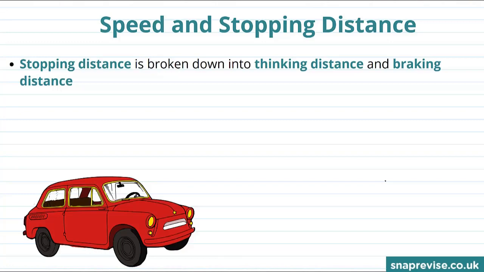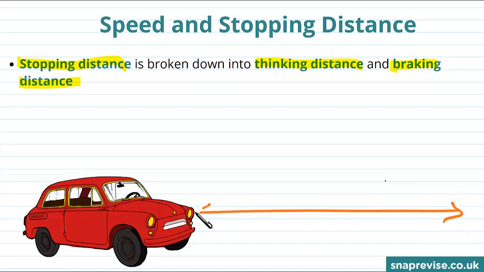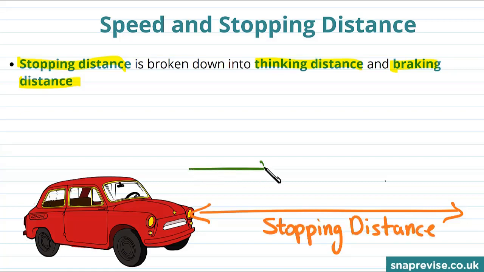To understand the relationship between speed and stopping distance, we're first going to need to break down stopping distance into its two parts. It can be broken down into the thinking distance and the braking distance. So for example, if we use this orange line to represent the whole stopping distance, that is the distance it takes for a car to come to a halt, then this distance can be broken down into the thinking distance